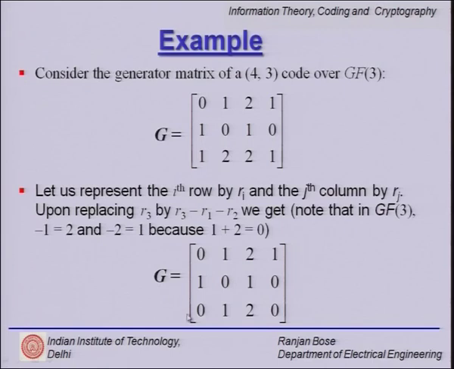Now I observe in the last row that there is a 1 here. So if I multiply by a scalar 2 here, this will become 0, 2, and 2 into 2 is, by the modulo 3 operation, 1, and 0. So the moment I have a 2 and I add this to the first row, I will be able to get a 0 here. This will remain unchanged and this will remain unchanged. So that will be a logical step to go.